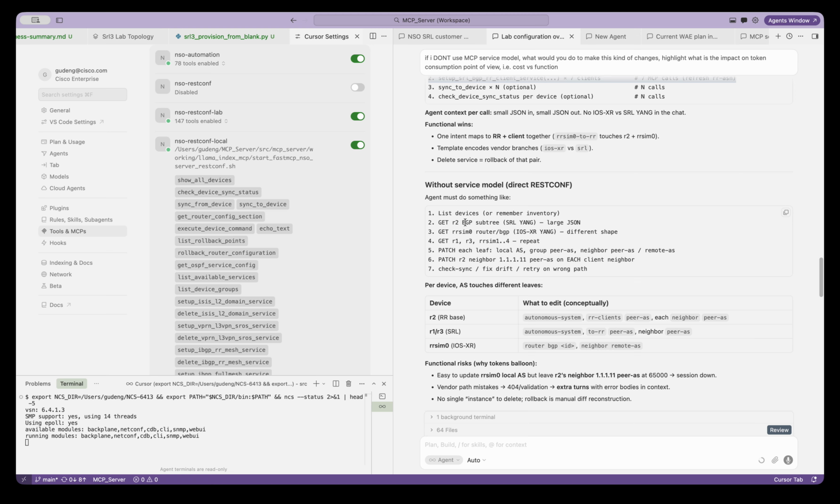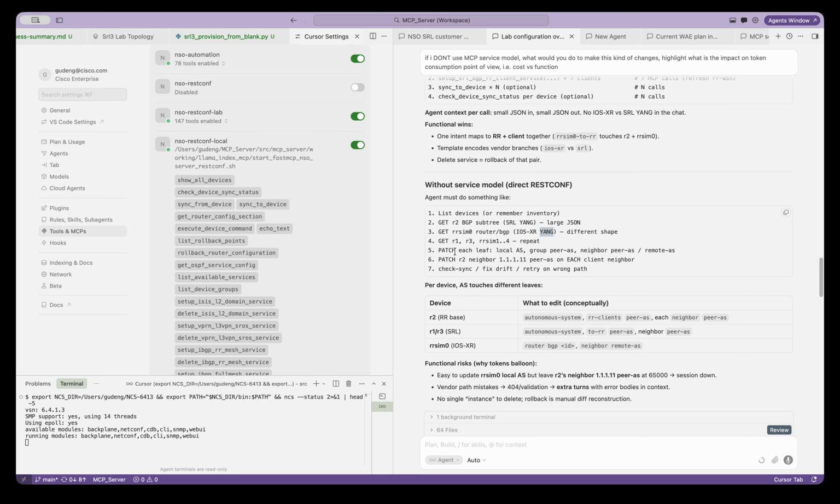Without a service model, you would list the devices or remember the inventory, get R2, and the BGP subtree is a pretty large JSON. You will also get the simulator's IOS XR YANG, the Nokia YANG, the SRL YANG, and get all of them, repeated.